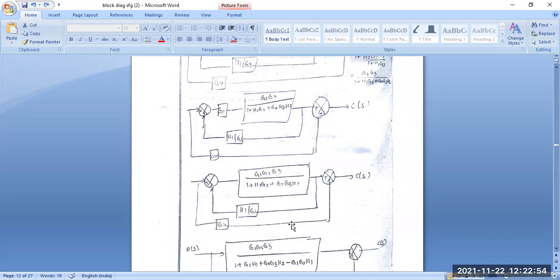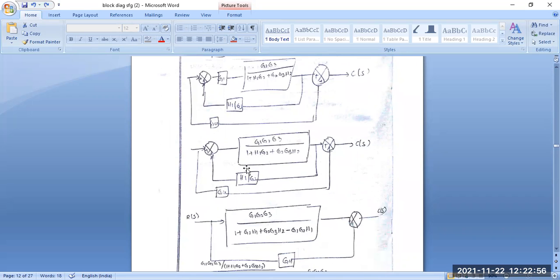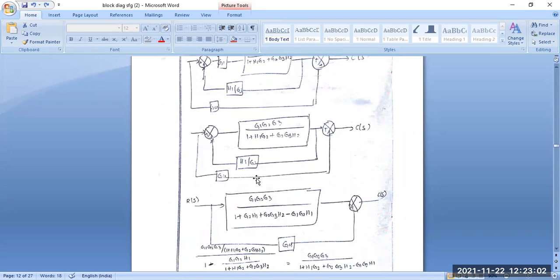Next step, you have to calculate this feedback loop. You have to eliminate it first. That is H1 by G3. So it is applicable from this point to ahead of these blocks also. Okay, and this is a negative sign. This is positive and negative. That means one sign also changes. Please remember these things also.